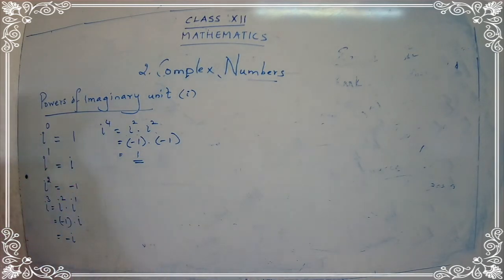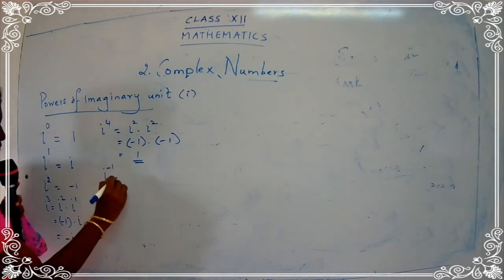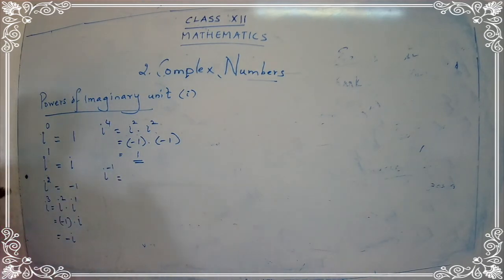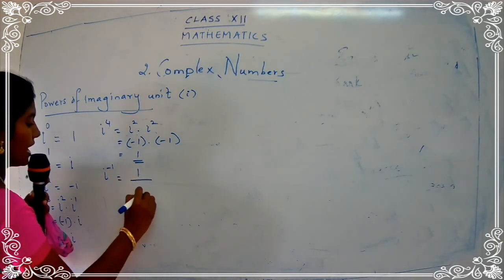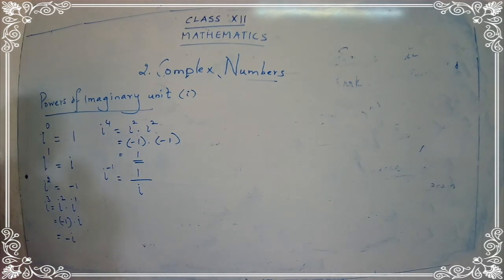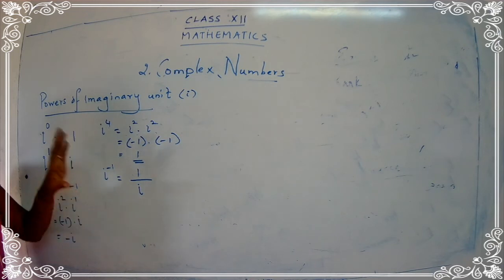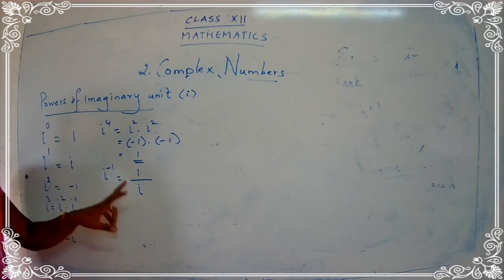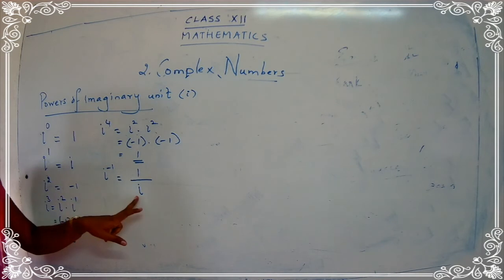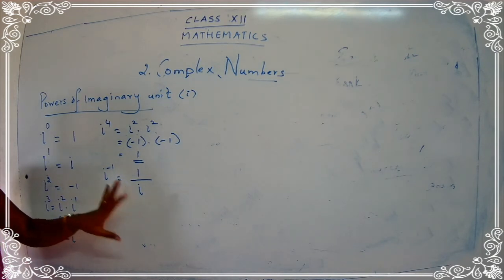Okay, now let's take some negative powers. I am going to take I raised to minus 1. It's a very, very important thing. Just put your pens down and listen to me on this sum, and then you can take down the classwork. I raised to minus 1 is taken as 1 upon I. And remember, never keep I in the denominator part. So what is the condition? In the denominator part, we should not have I.